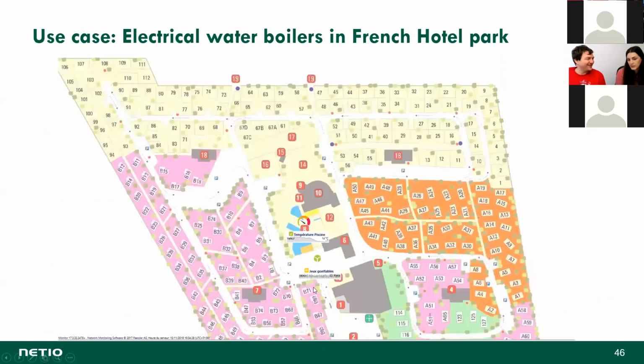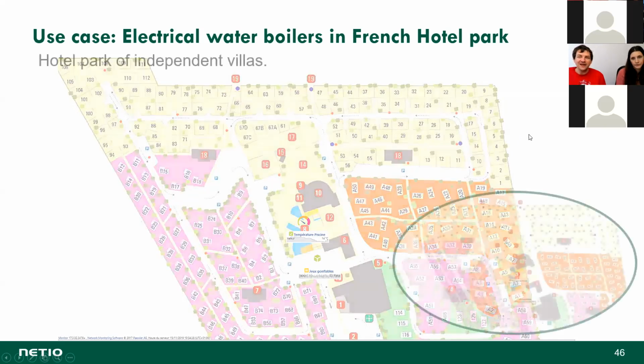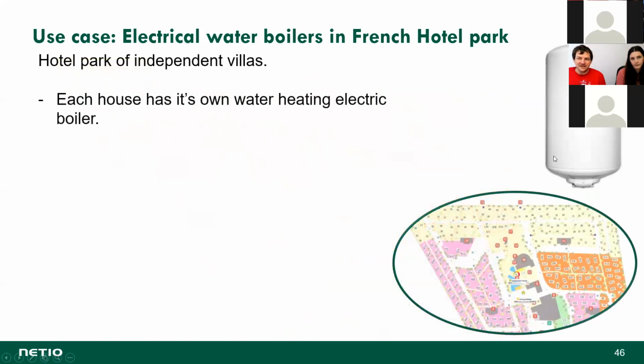Okay. We had a similar like this for vending machines. Yes, vending machines are a quite popular case. This use case is from South France. All these numbers you can see on the map are small villa. Each small villa has its independent water boiler as water heating